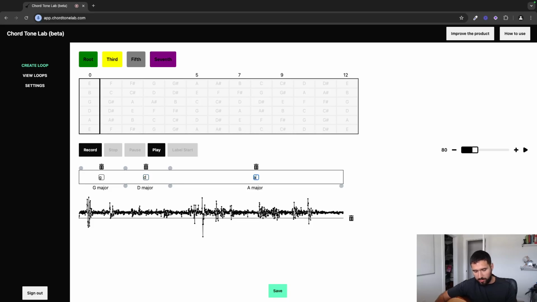This is originally the only option there was, until I realized you have to listen to it, and you have to fiddle with the starting and ending points and adjust it very finely sometimes. So in order to make that process a little easier, this isn't perfect yet, but it's definitely easier, I think, you can use this label start button. So if I play this back,